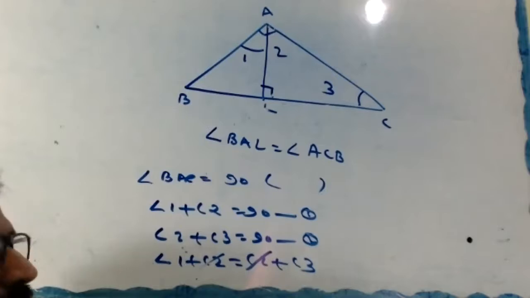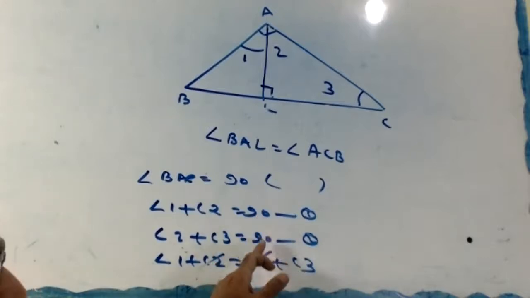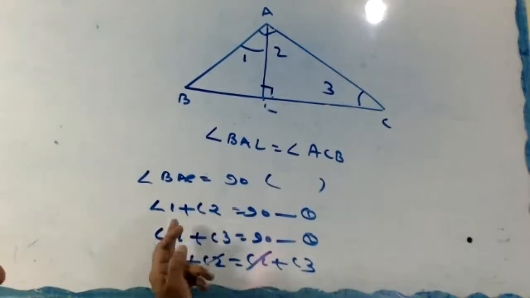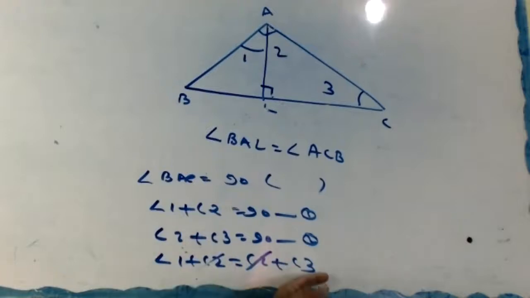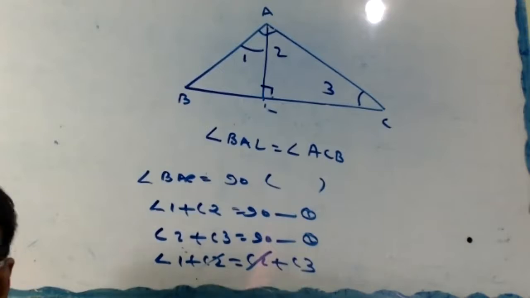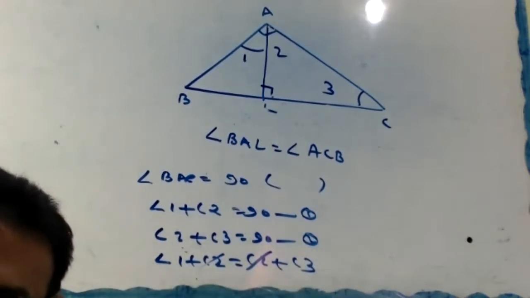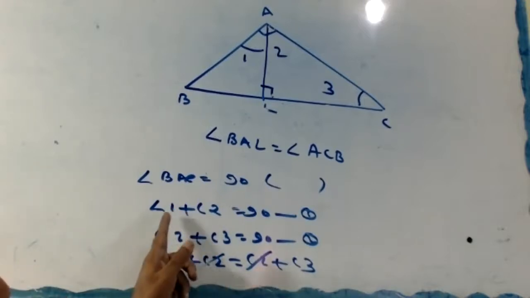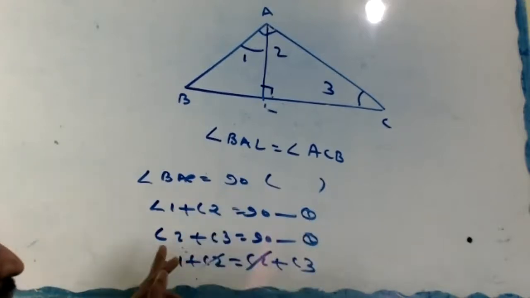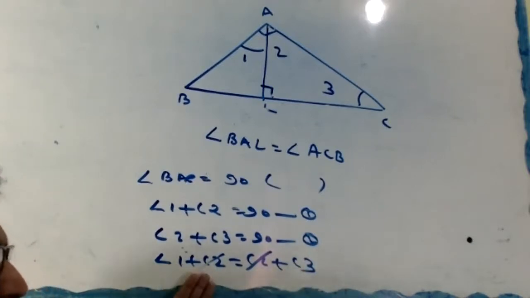Now your doubt, Nidir, the same doubt you asked me last class also. 360, how equal? 90 here, 90 here. We can make it equal. 1 plus 2 equals 2 plus 3. The 2 cancels, so we got angle 1 equal to angle 3. Clear now? Last line, look, Pranav. Angle 1 plus angle 2 is 90 degrees, 1. Angle 2 plus angle 3 is 90 degrees, 2. They are equal. So angle 1 plus angle 2 equals angle 2 plus angle 3. 2 cancels, 1 equals 3.